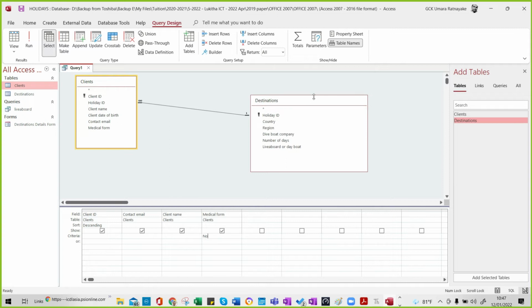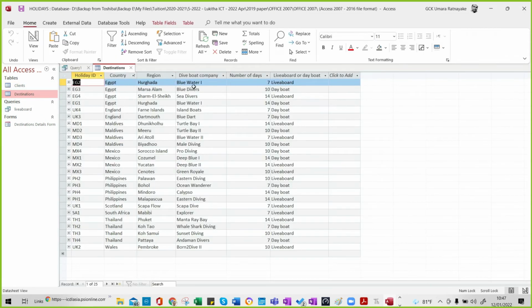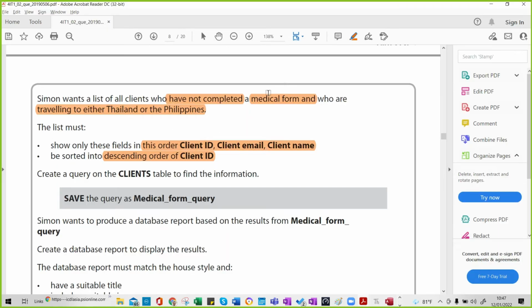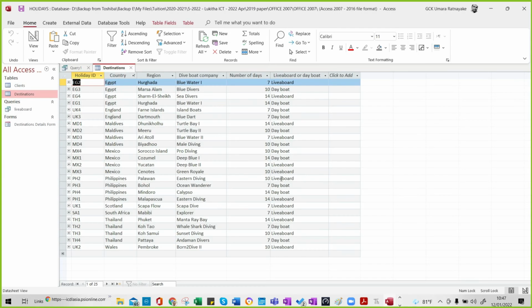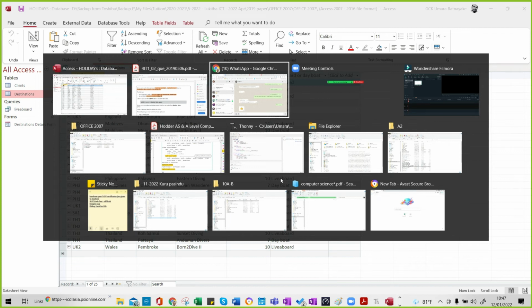It should be in the destination table, right? In destination table, yes, yes. Which field? In the country. Should be country, right? Yes. See, country. That's their destination, right? And they want the country, so country should be Thailand or Philippines. So I'm going to take